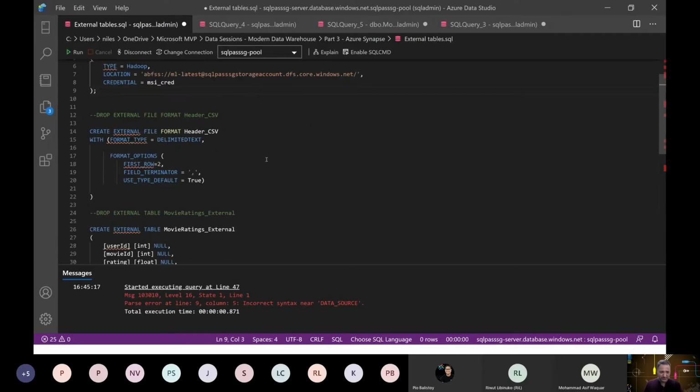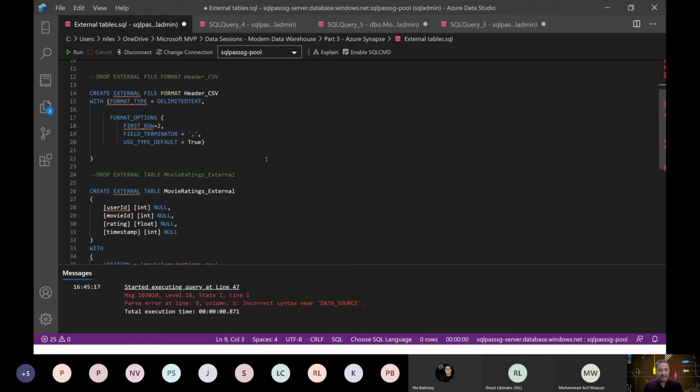Once I have the data source, I can define the file format, and these file formats are the ones we discussed last time, like the object storage or the row columnar storage, the optimized files for the object type of files. So here I'm creating a file format for CSV, and I specify different options.